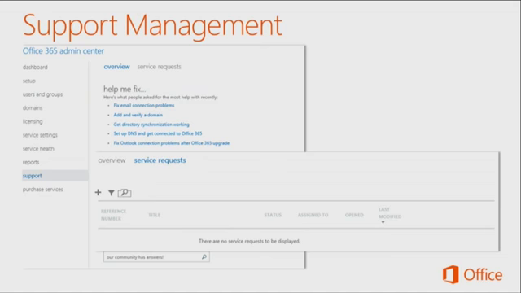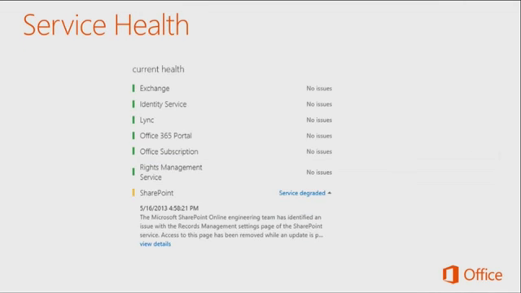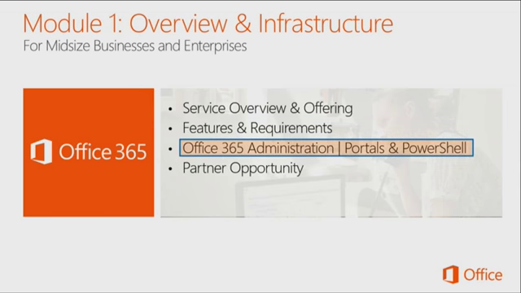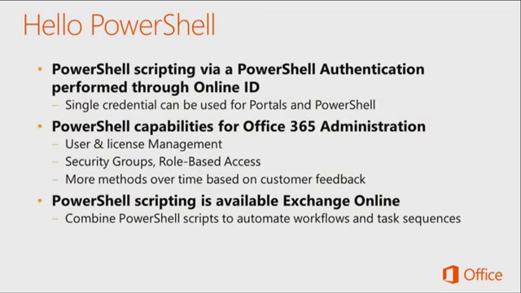All right, so moving right along, there's a lot to cover in this section. And these next few slides are just some screenshots of the admin portal. So we're going to skip through those fairly quickly. This is billing subscription management. We covered some of this already, so we're going to jump right through these and move on to the Office 365 administration and PowerShell. All right, so hello PowerShell. If you haven't seen it yet, everything that you can do in the console, you can do through PowerShell. Normally faster.